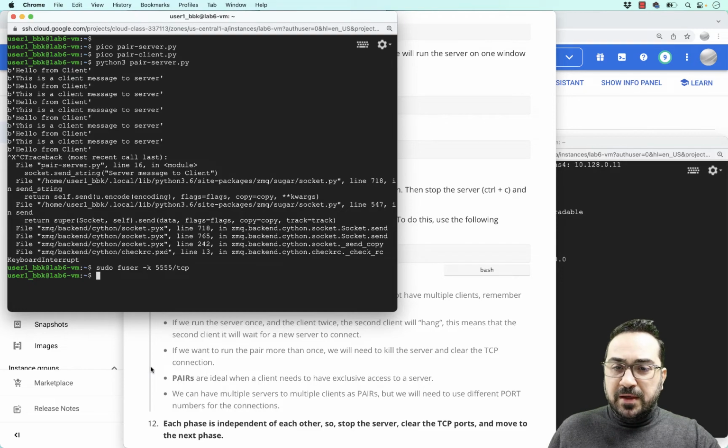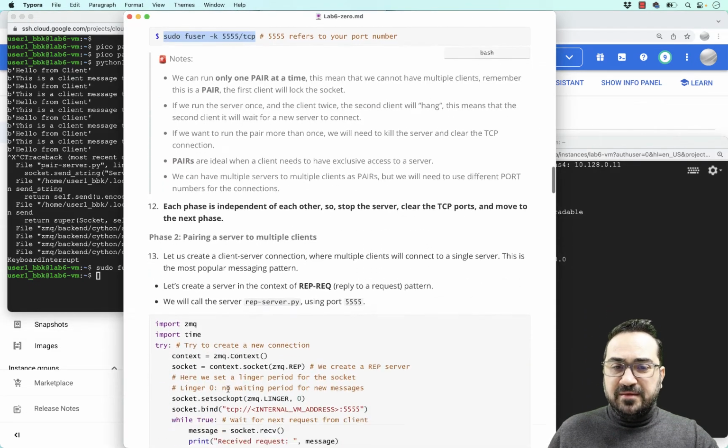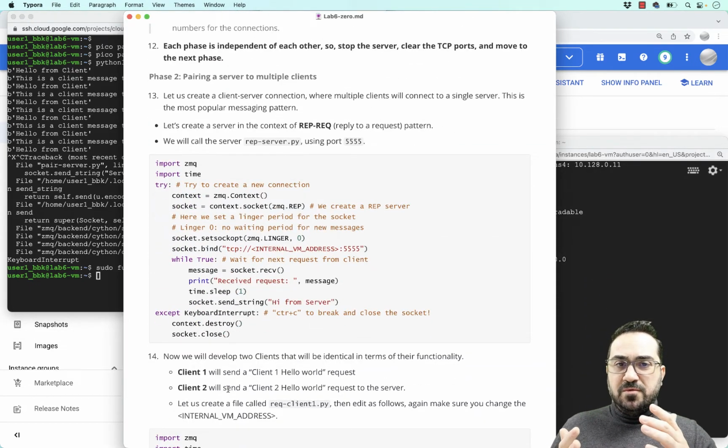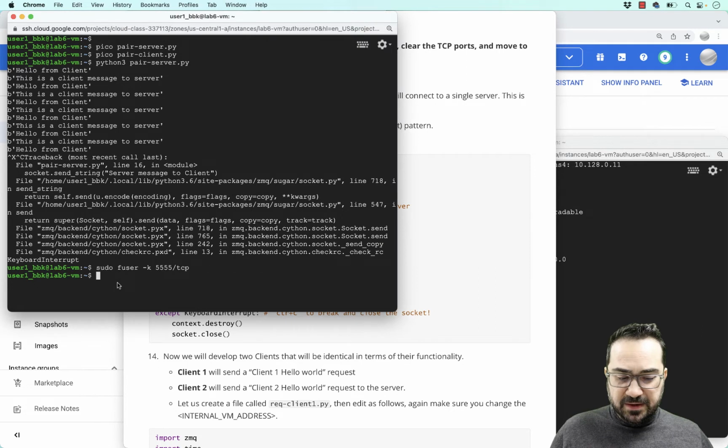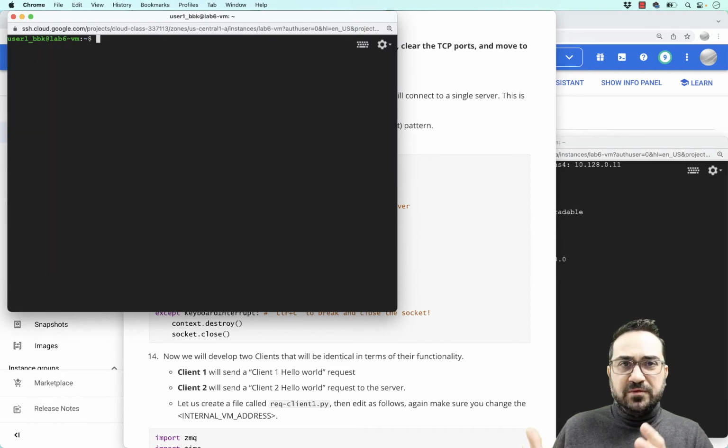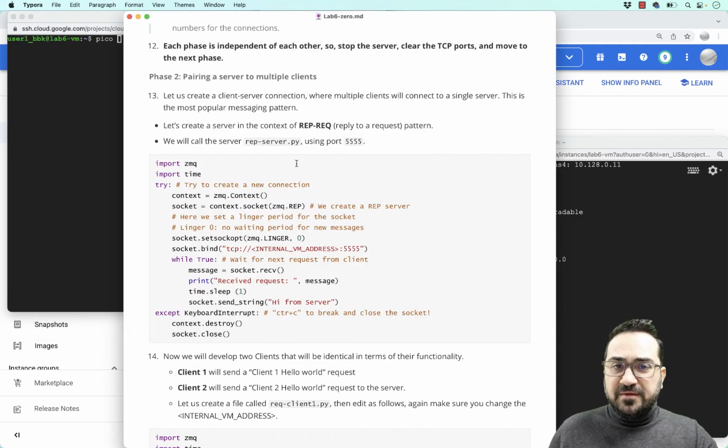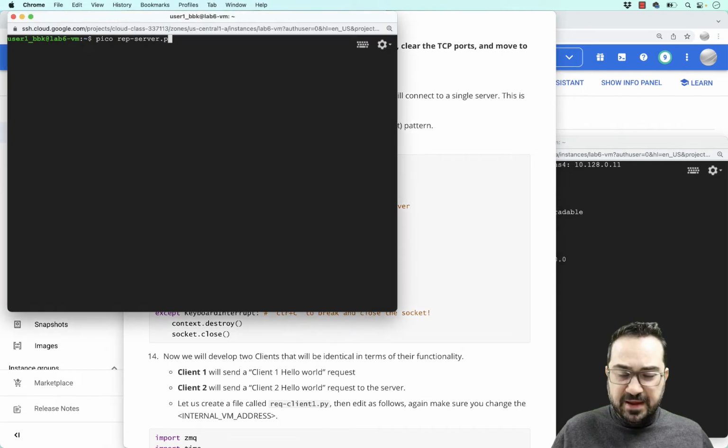Okay. Now I will continue to the next step. The next step of my tutorial is to have multiple clients to one server. That's the most typical scenario for me. So what I will do again, I will go here on my left side. I will create my screen. Just select one of the 2 windows that you have, and let's add here the server. So the server name is repserver.py. So I will use the same name just to make sure we have the same name.